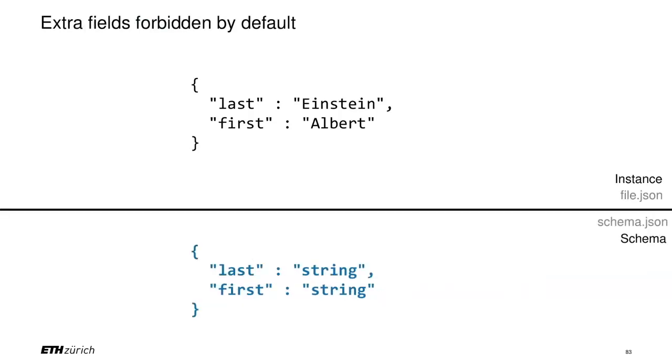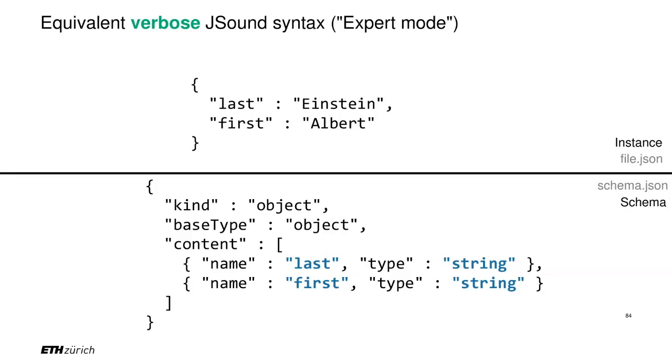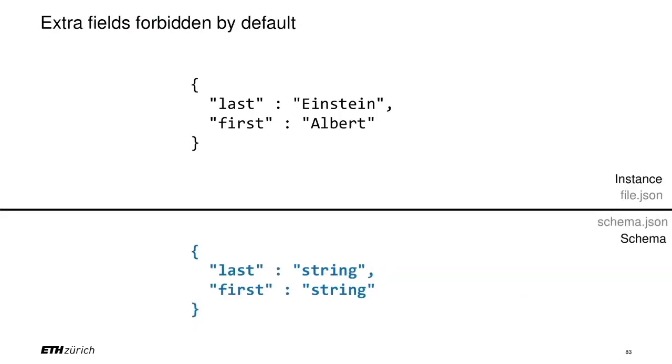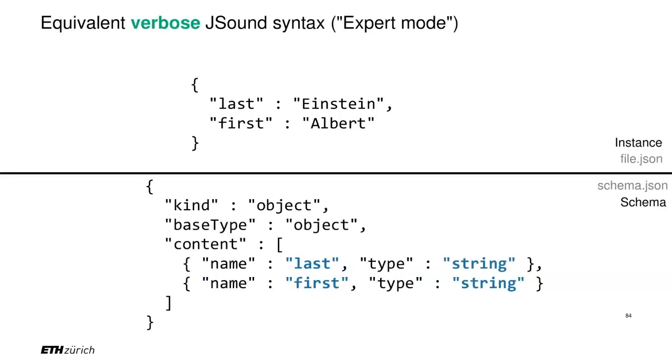Now, some people want to allow extra fields, right? Maybe you want birth date and so on. It's not in the schema, but maybe you would like to allow your instance to have more keys that you have not anticipated in the schema. That you can do too, again, with the verbose syntax. But now I've talked so much about the verbose syntax that maybe I can show you what it looks like, but I'm not going into the details of that. This is not part of the material, it's just for you to see. Because obviously the verbose syntax is verbose, so it's going to be more complex. That's what it looks like. That's the compact form, and that is the verbose form.